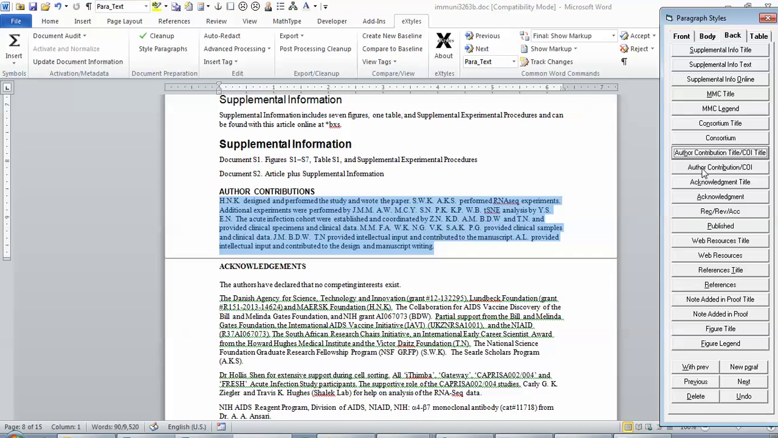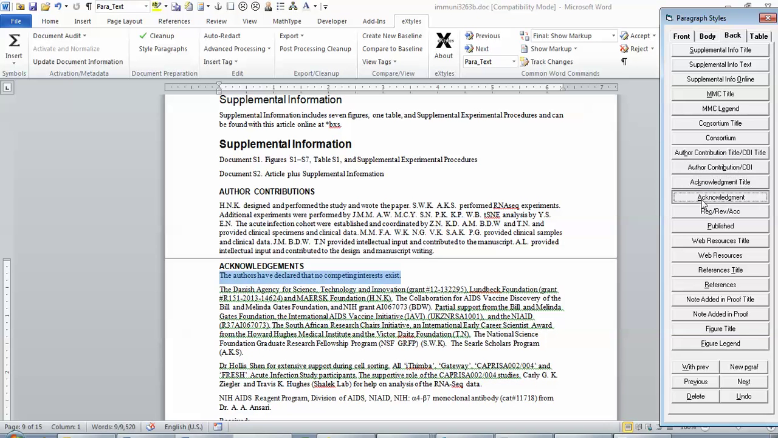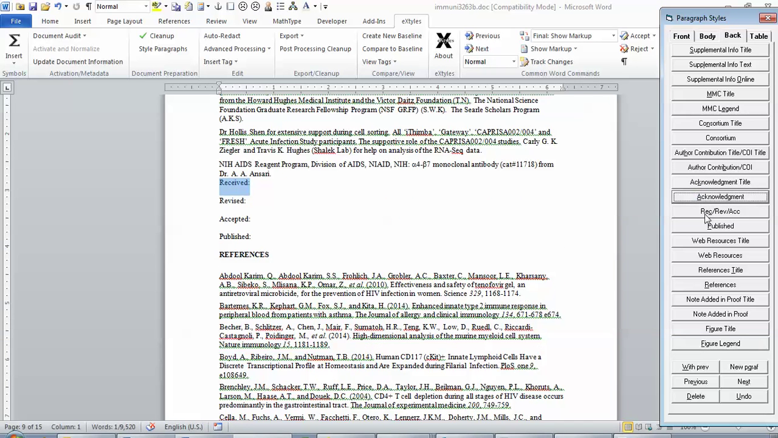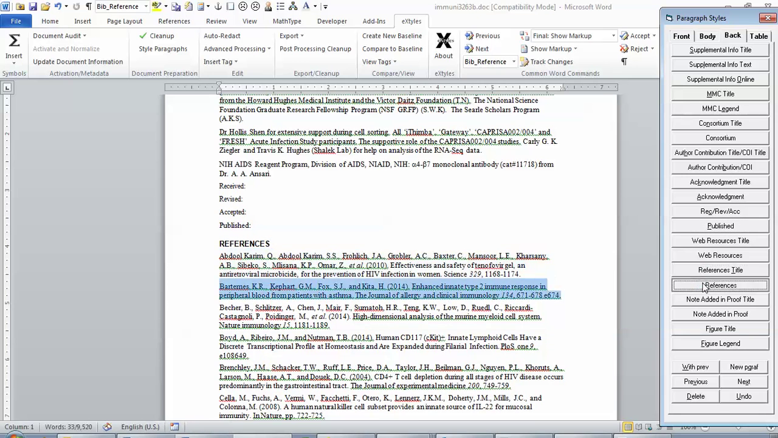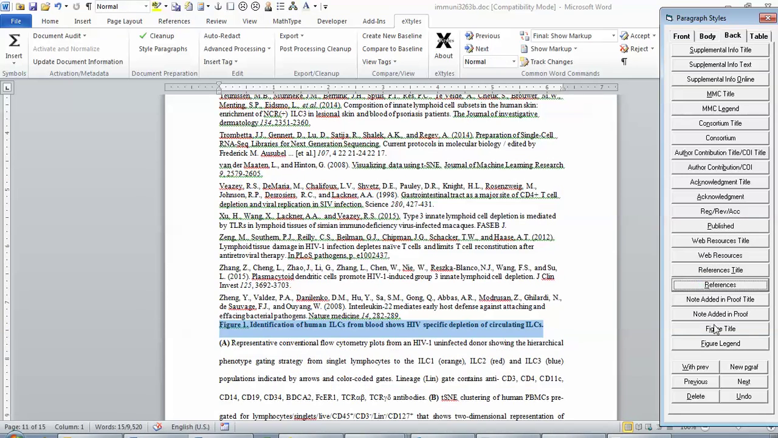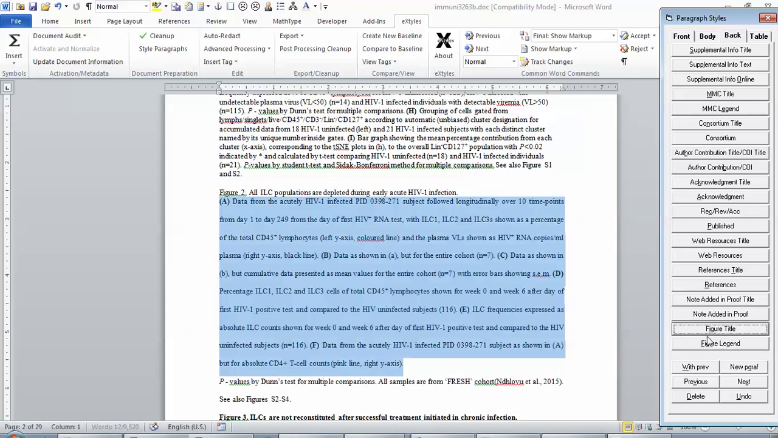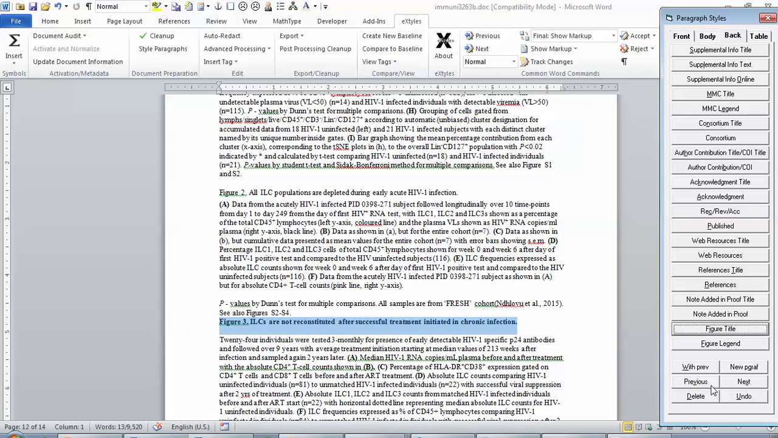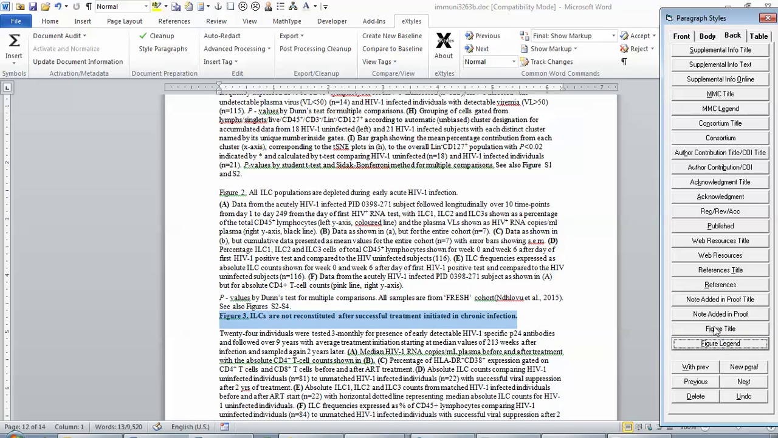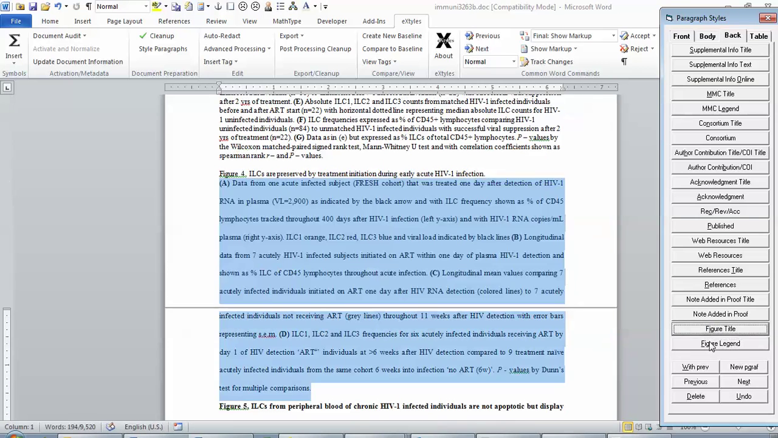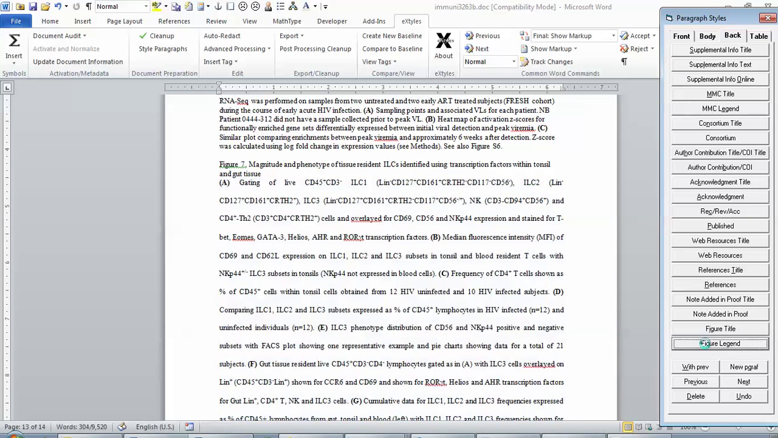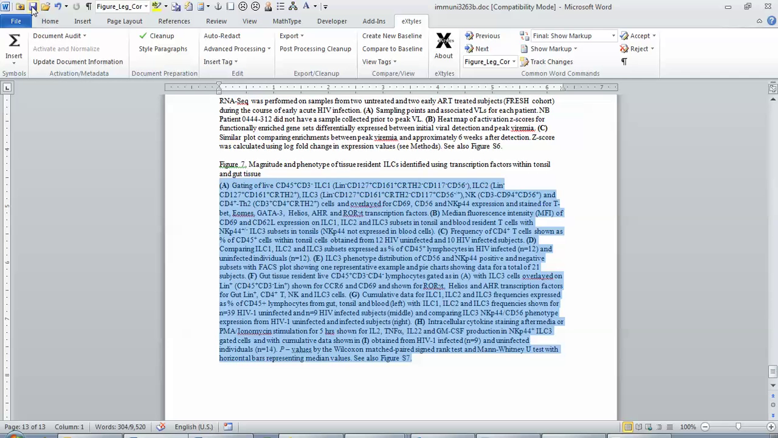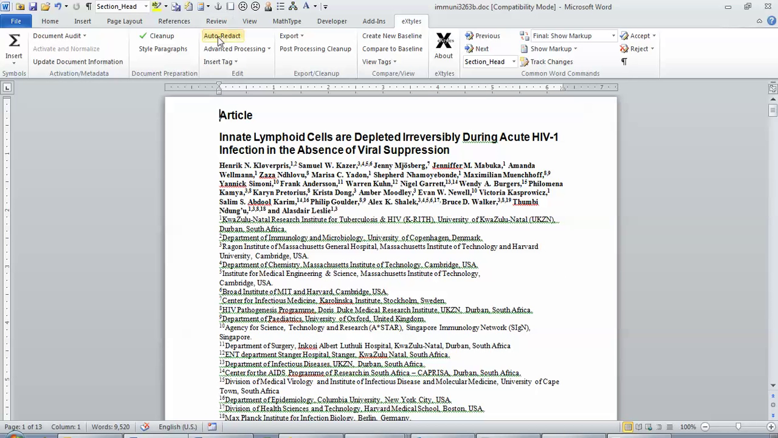Author contribution, title and paragraph, acknowledgement title, paragraph, received, revised, accepted, published, reference title, references, shortcut key to get through all those, figure title, legend, figure title, figure legend, oops, undo, still dot legend, title, legend, title, legend, and so on. Good. Now I'm going to instruct it to auto-redact, and these are copy editing points that we make across all